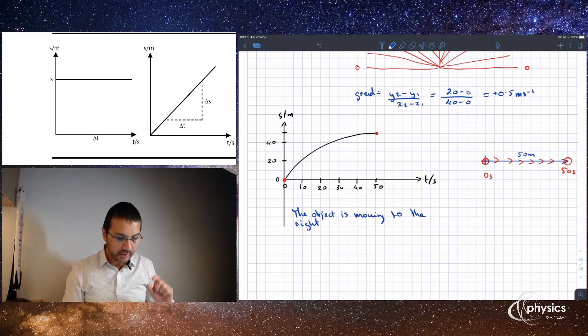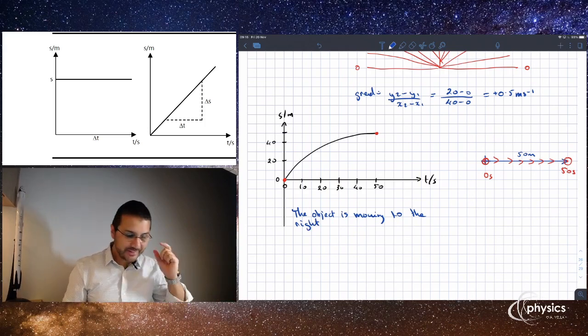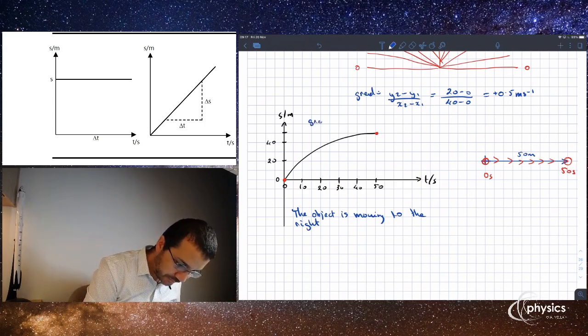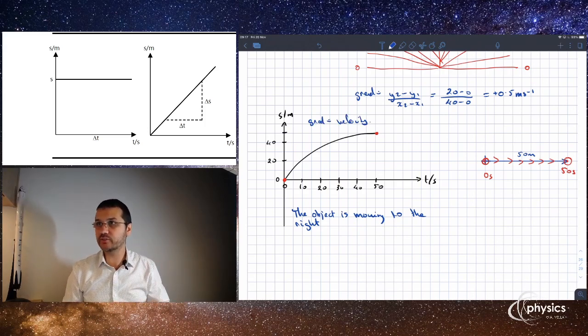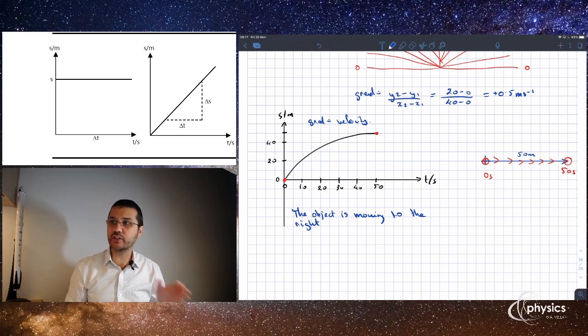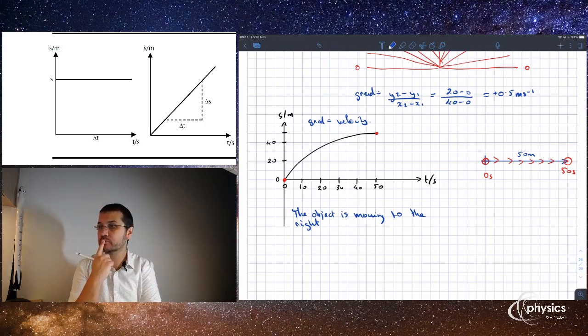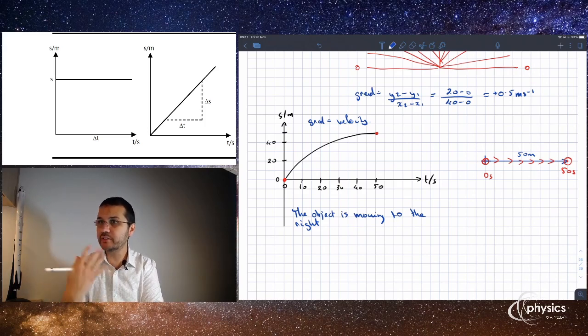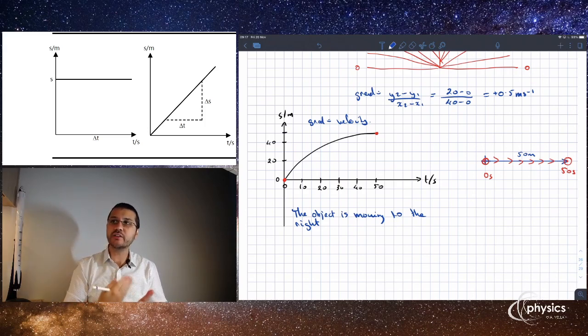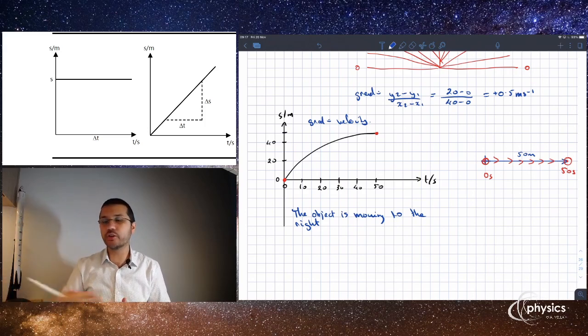Now we know that the gradient of this graph gives us the velocity, right? So look at the graph. Is the gradient of this graph in this case constant or is it changing? It's changing because it's not a straight line. The gradient is changing. So in this case, I can't say at a constant velocity of, because the velocity is